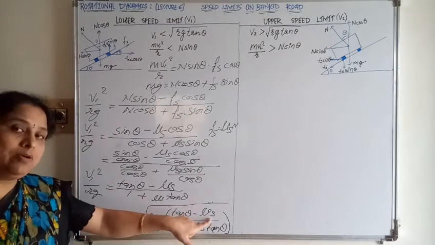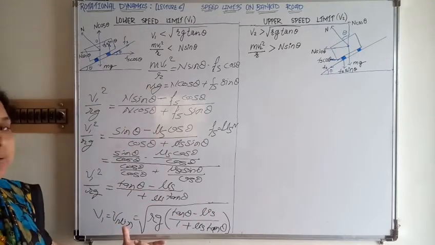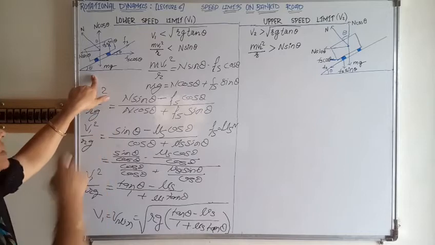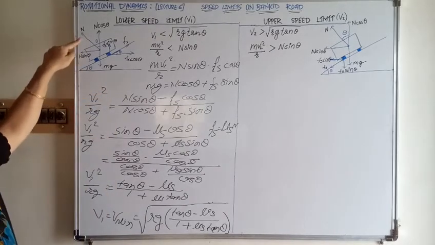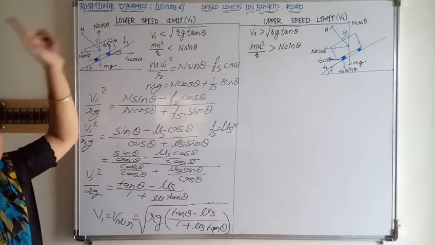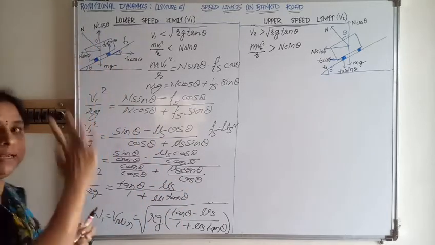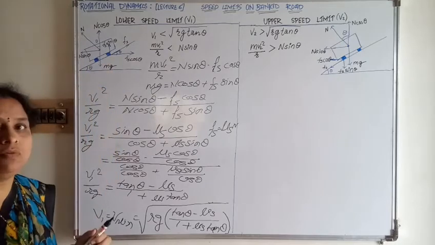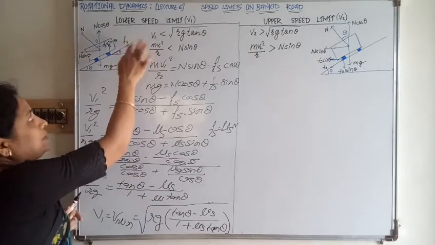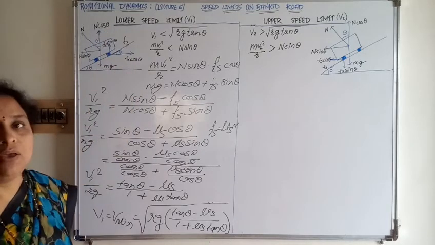See here, if mu s is equal to tan theta, the minimum speed may be equal to 0. Again, how do we find this equation? We have considered only the forces acting on the vehicle. The forces acting on the vehicle are the normal reaction force, the weight, and the frictional force. Actually these are the three main forces: frictional force, normal reaction, and weight mg. Weight mg acts vertically downward. The normal reaction is resolved into two components as seen earlier. Fs is again resolved into two components: Fs sin theta, the vertical component, and Fs cos theta, the horizontal component.